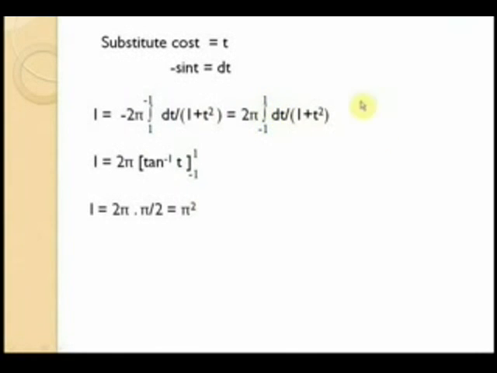Now integral of dt by 1 plus t square is tan inverse t, and so I would be equal to 2 pi into tan inverse of t from minus 1 to 1. Now the value of this is pi by 2, and so I would be equal to 2 pi into pi by 2 or equal to pi square. Thus the final value of I